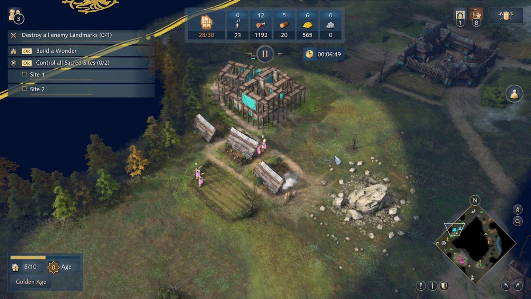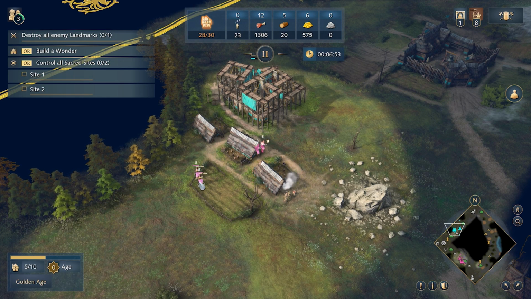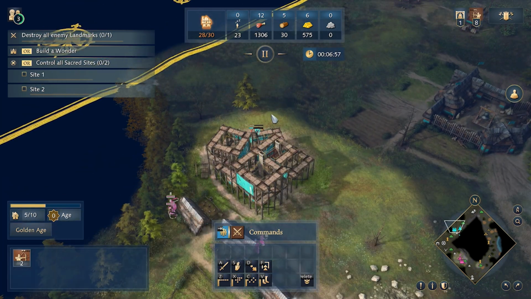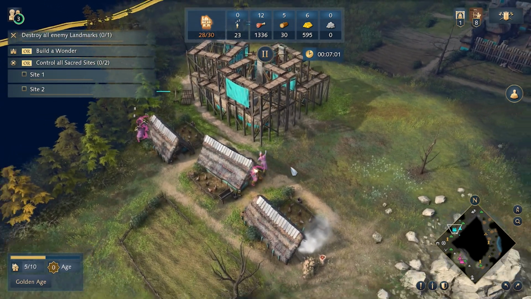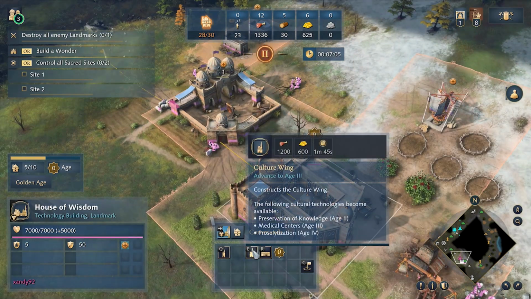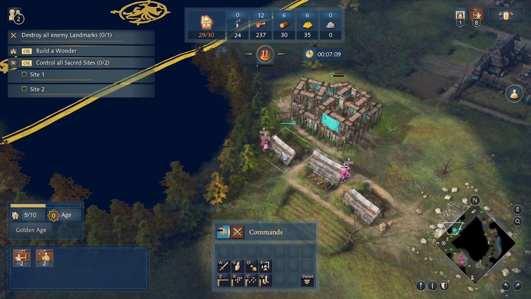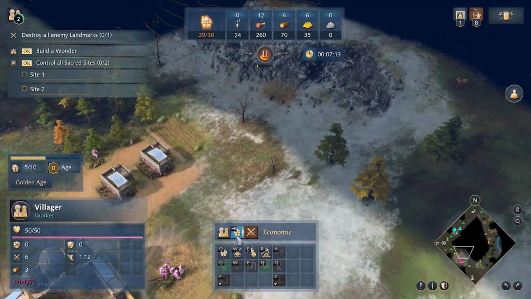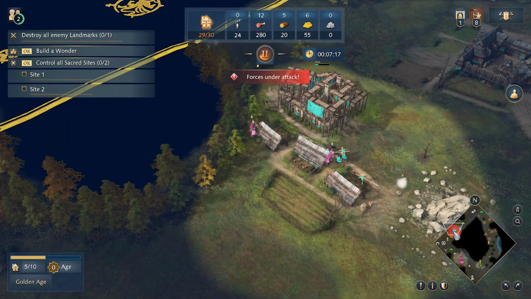Control A does work on selecting all units on screen, just like how it does on PC. Oh, look at that. Look how sneaky he is. I'll kill that villy. But this works exactly as you would expect. I'm playing on Series X. I'm not sure if I ever told you I'm on Series X. I am. And it runs at a buttery smooth frame rate. I really don't have any complaints. I think I just wish that extra step in clicking...